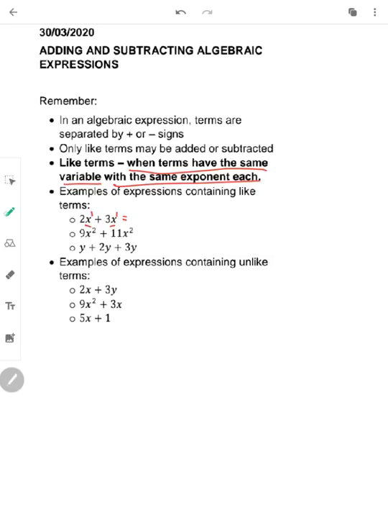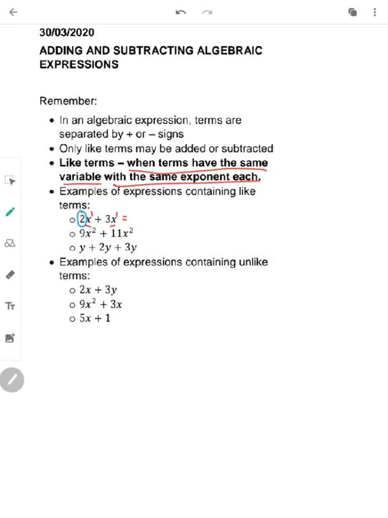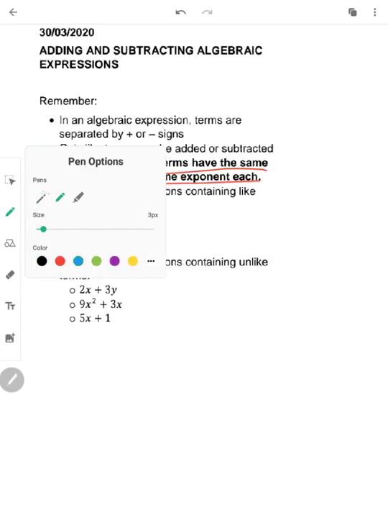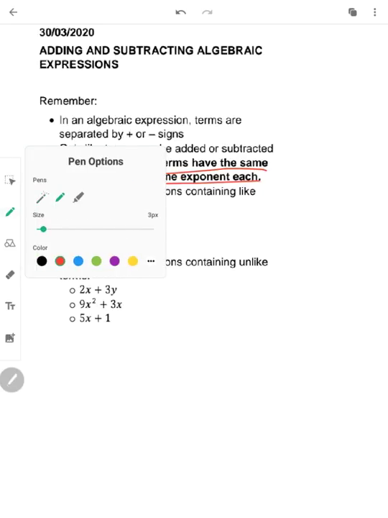And what do we add together then? The part that gets added would be the 2 coefficient and the positive 3 coefficient. So 2 and 3 gives you 5. And therefore your answer would be 5 x's. Right, so in the next